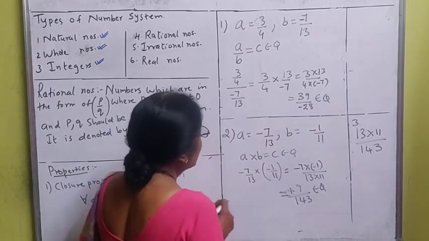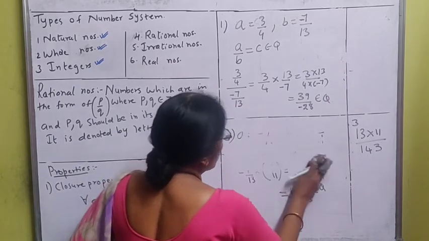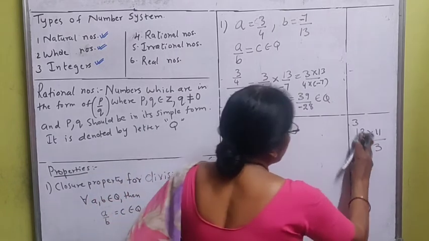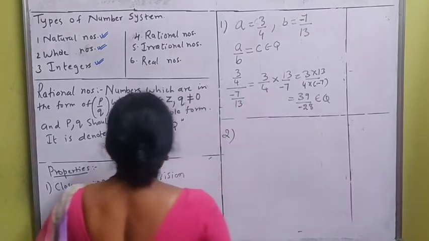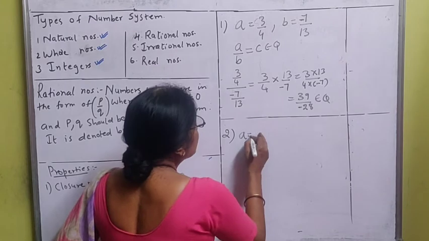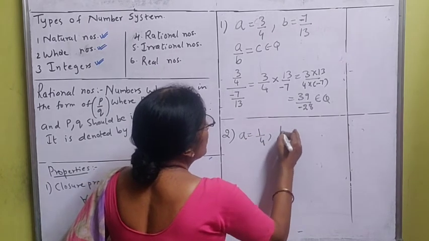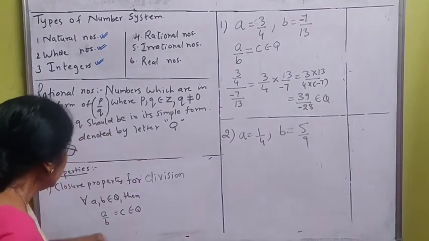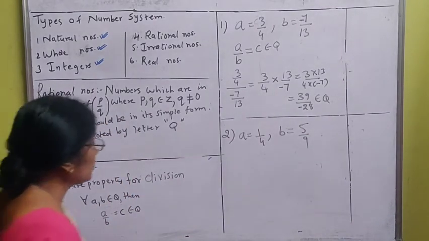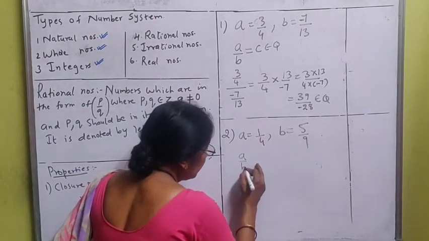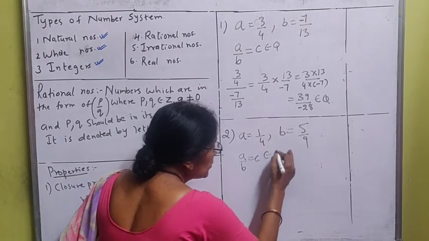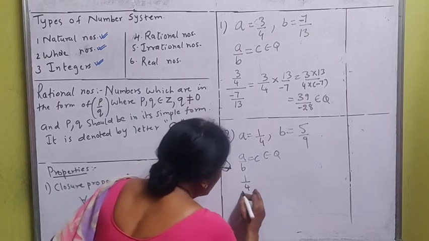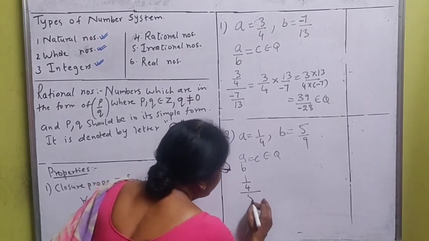Now let us take the second example for the closure property for division. A is equal to 1 by 4, B is equal to 5 by 9. So what you have to do? You have to do A by B is equal to C, and C should belong to Q. What is A by B? 1 by 4 whole divided by 5 by 9